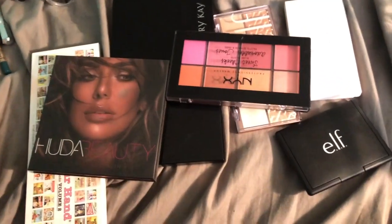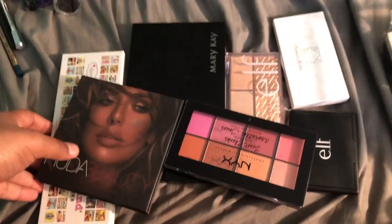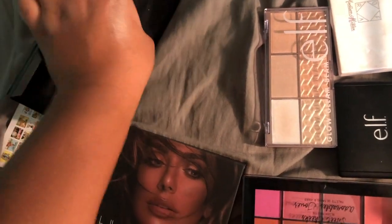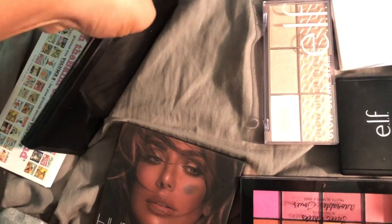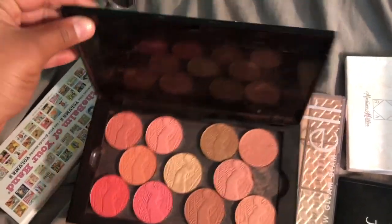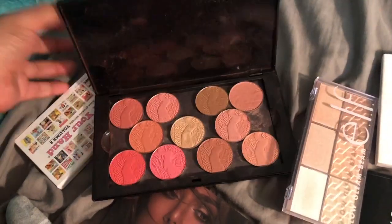Okay, so before we go into eyes, I literally forgot about face palettes. I don't know why, face palettes are literally my favorite. Obviously, we have my favorite, which is this Mary Kay empty palette. It's the hardest to open. Dang it. It literally has all my Tarte blushes in here, and a bronzer and a highlighter in here. From Tarte, this is my favorite,